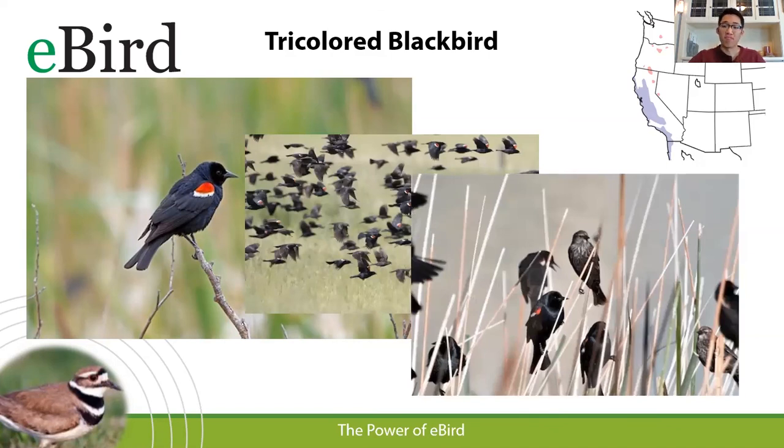However, when farmers would harvest their crops, they would see massive declines in the tricolored blackbird population because there was like 90% abandonment of their nests after they harvested the crops, and then there was no food. Mainly it was for the abandonment, the disturbance it caused when they harvested their crops, where they were raising